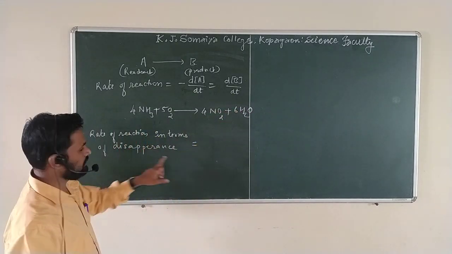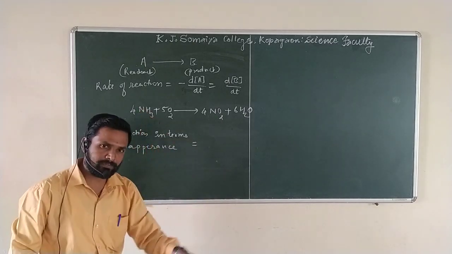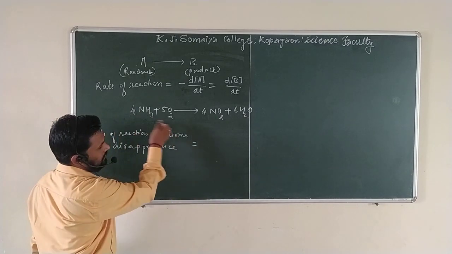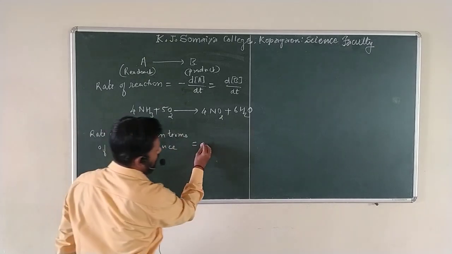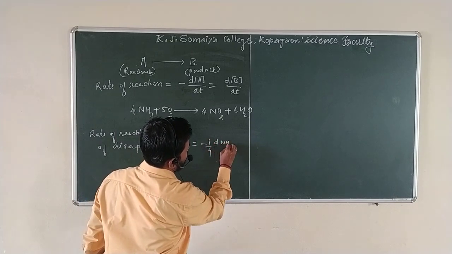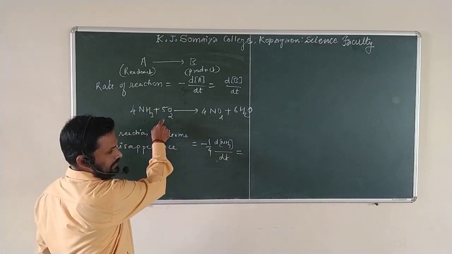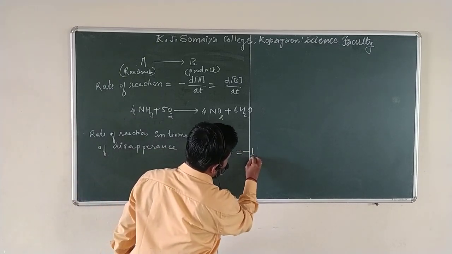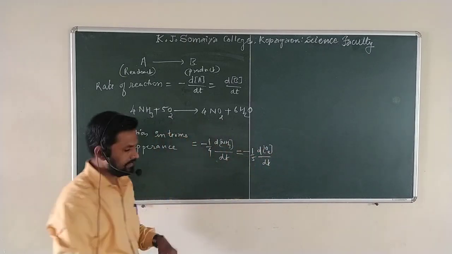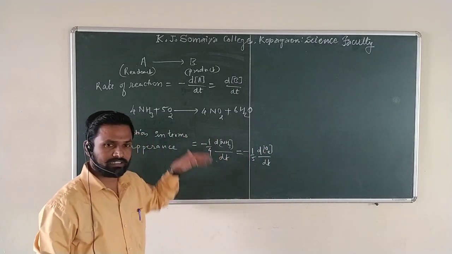Rate of reaction in terms of the disappearance means what? Reactant concentration decreases. Reactant concentrations disappear. Means we have to write the rate of reaction just in terms of the reactants. How can we write for ammonia and oxygen? Here stoichiometric amounts are given. How can we write? First put the negative sign. Minus 1 upon 4 d concentration of ammonia divided by dt is equal to, again what is the second reactant molecule? Minus 1 upon 5 d concentration of O2 divided by dt. This is concentration of the reactant side. We must put the negative sign because it is disappearing.